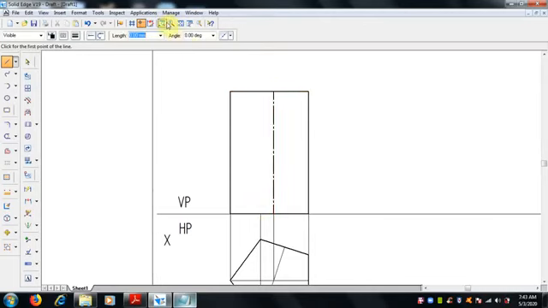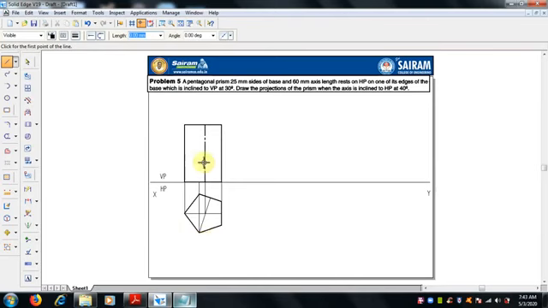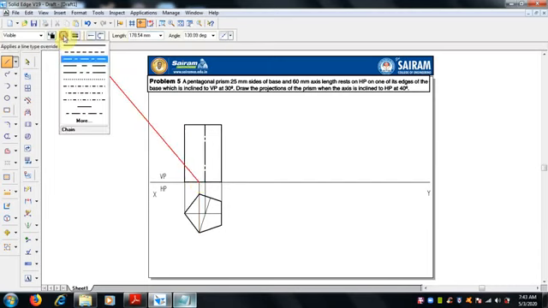Now you can see what this line is. This is also the view when we are seeing from this side. This is actually the top view. When we are seeing from this side, this corner will look like this, the line from this edge will be like this, and from this corner, this and this. That should be a 0.5 mm thickness visible line. It is a visible edge when we keep it in this position.